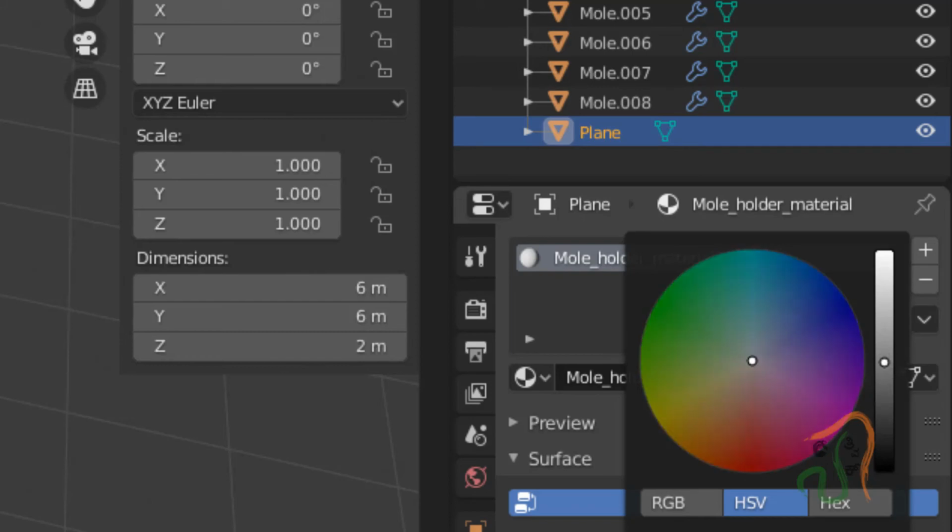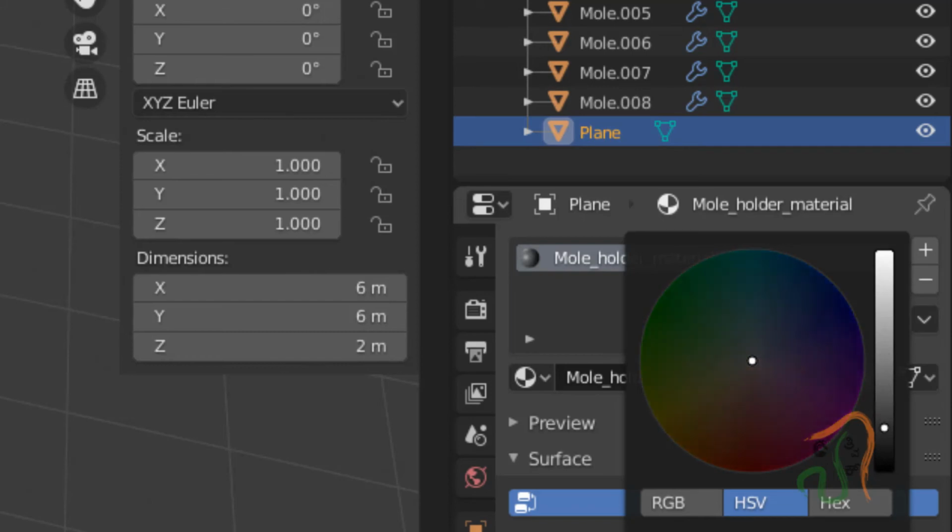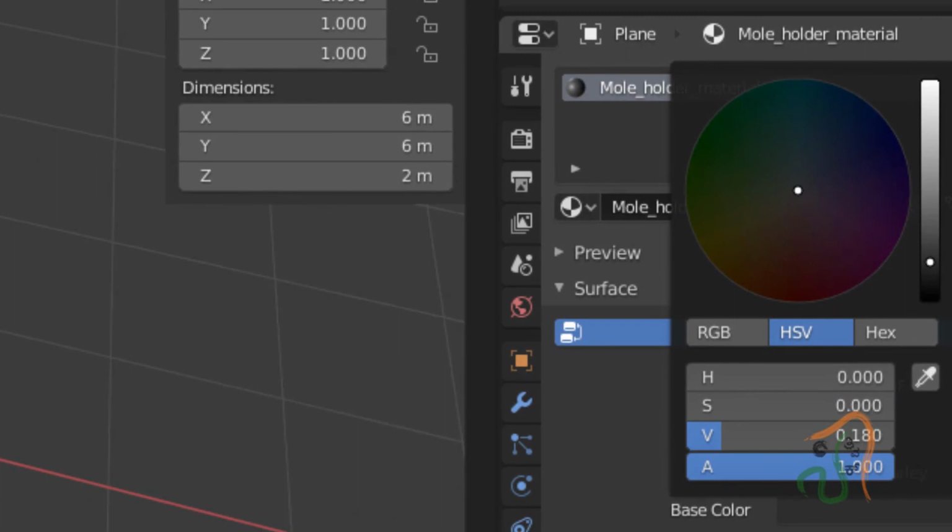Here let us choose a dark color. In HSV mode, let us set the intensity to something around 0.2. Okay, in HSV mode we have set it to 0.2.